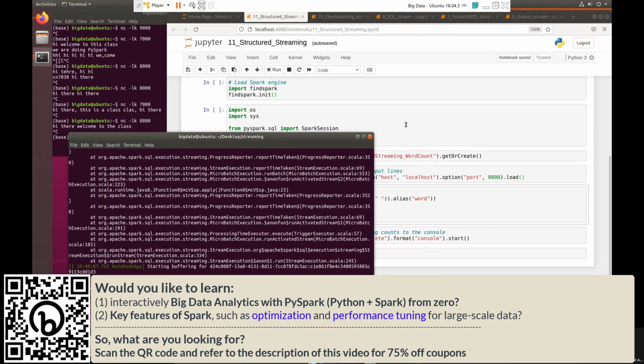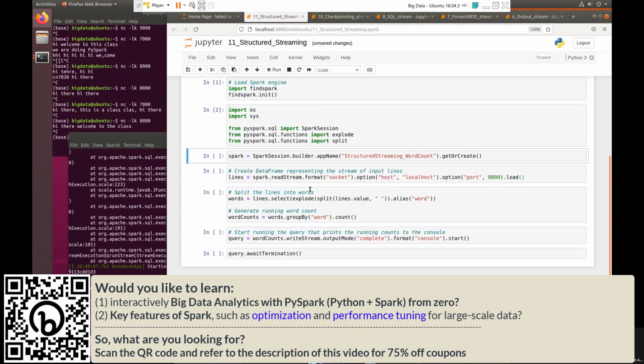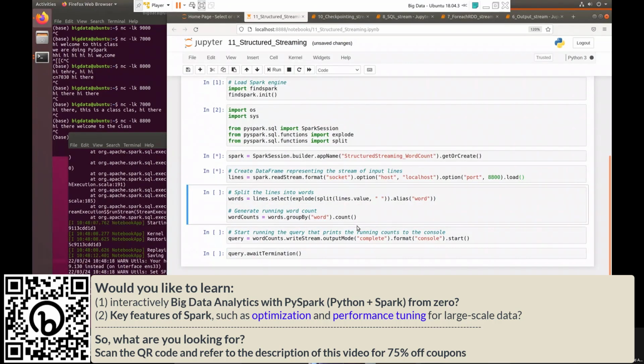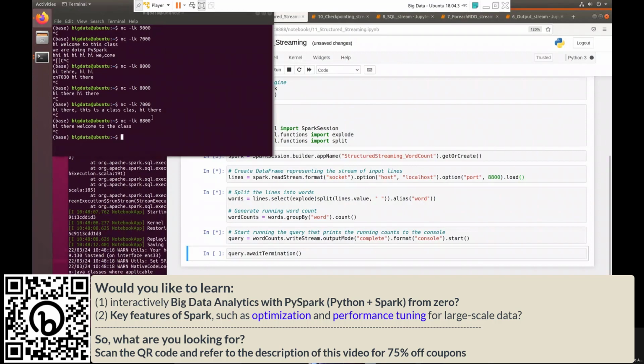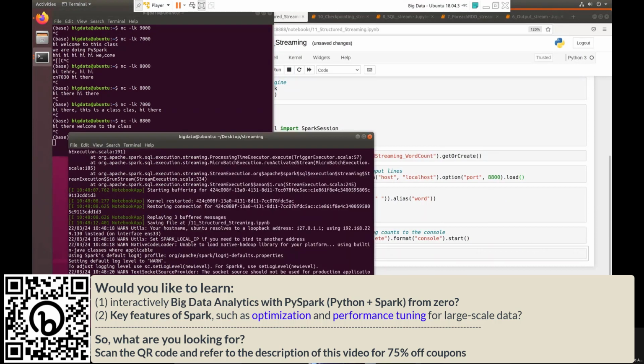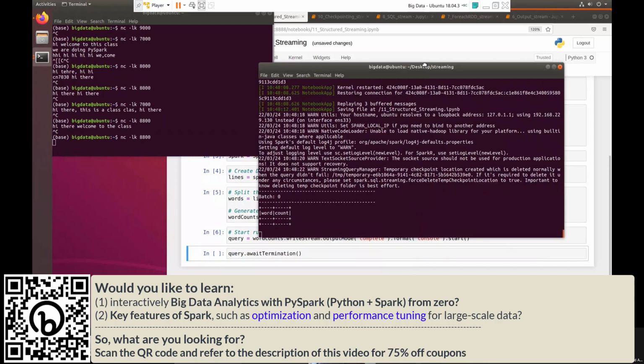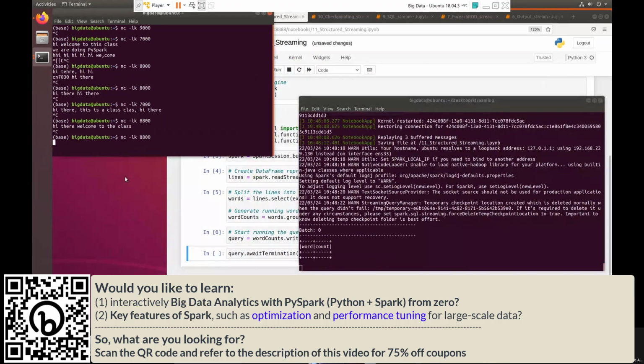Replaying tree buffer messages. Okay, let's run again. This one. Okay, start, and then start the port. Okay, can we see that, guys? It's going to say, okay, this is the first result that we have, nothing there. If I say, hi there, we are at the class